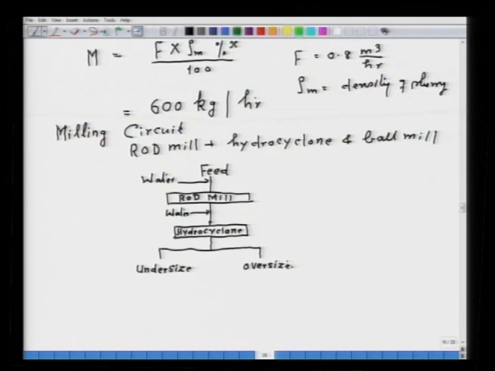Now, normally in the hydrocyclone, the oversize is a useful product and this oversize is sent for concentration operations. This says that in the oversize we have attained the mineral in the liberated stage and that can go for further concentrating operation, whereas the undersize has a size bigger than the required. So, what is done? This undersize is fed into a ball mill,